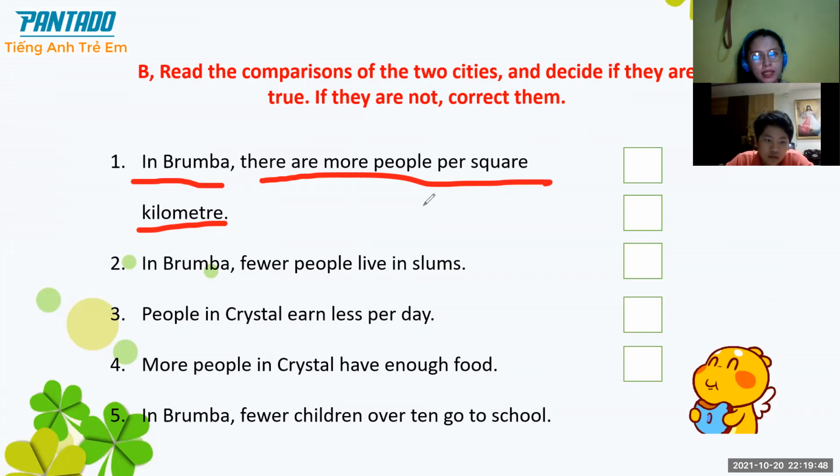Okay, so number one is a sample. That is true, so that is T. This time I want you to answer number 2 until 5. Try to check if it is correct. If it is true, write T. If it is false, try to correct it. I'll give you 4 minutes to do that. Try to write the correct answer inside the box, okay?